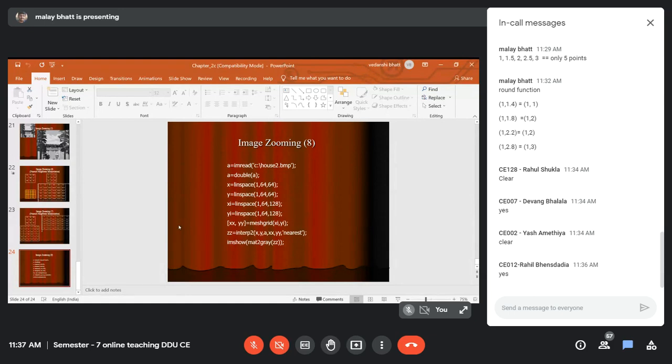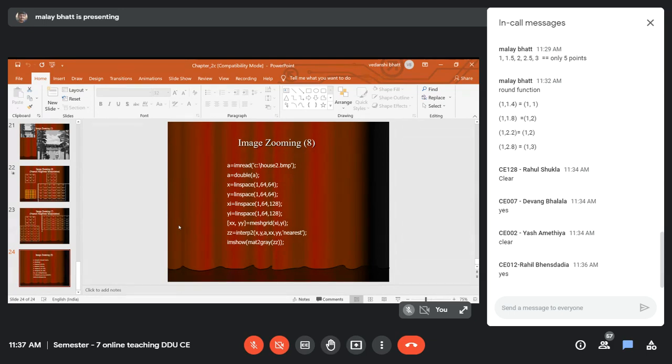X and Y are the linear spacing of the original image, based on the size of the image. A 64 cross 64 image is there, so the original image is 64 cross 64. The output image goes from 1 to 64, and we want to convert it into 1 to 128. So the 64 cross 64 image is converted to 128 cross 128.